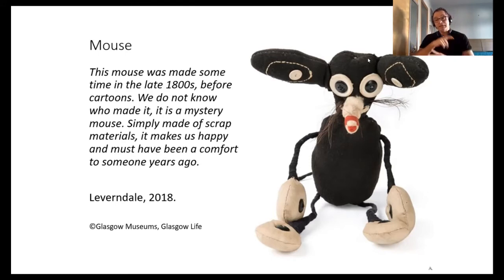So it's the oldest artwork that we have in the collection, and he dates to Edwardian times, and Joyce found him in a skip inside the hospital grounds in the 1970s. And what's lovely about him is his body is made from an old coat. His hands and feet, if you look at them, they're actually bolsters from a hospital bed. His wee eyes are made from buttons from a nurse's uniform. His wee whiskers are from a broom, and he's got a wee red ribbon around his nose to drive away bad spirits. There's apparently a Scottish proverb, and I'll try and find that for you